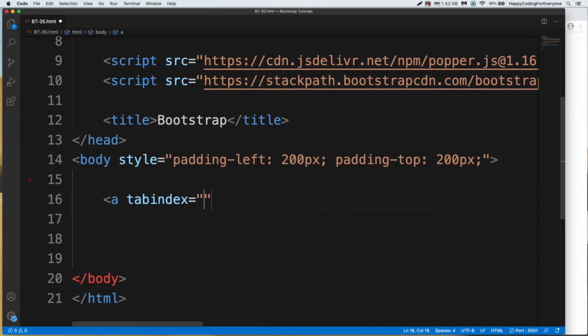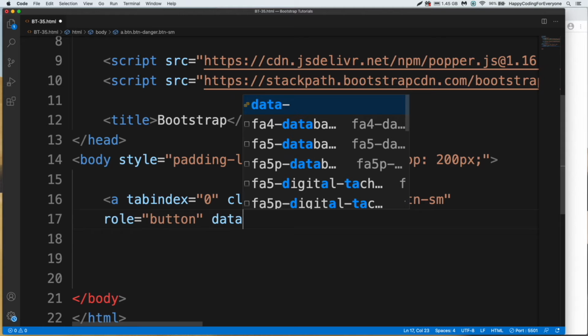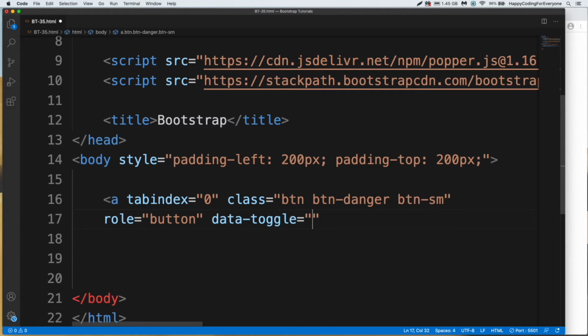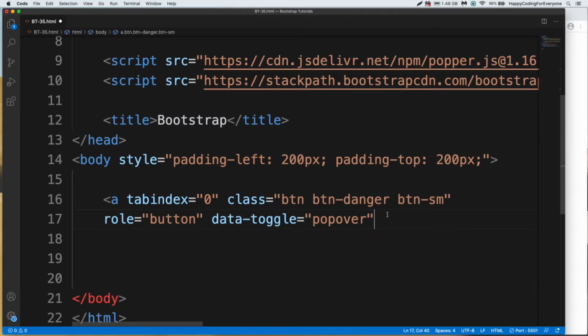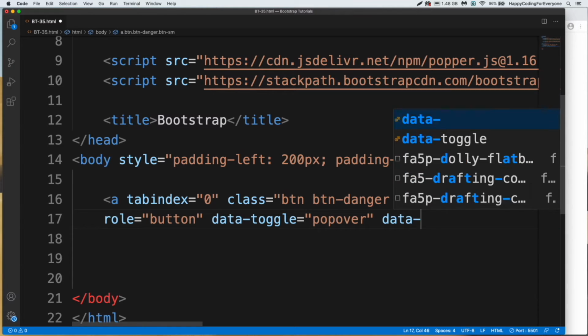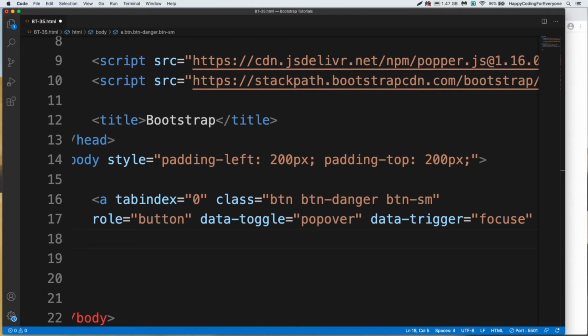Tab index 0, class name btn btn-danger and btn-sm, and role button. Let me get it down. Data toggle popover and data trigger focus and data placement left,